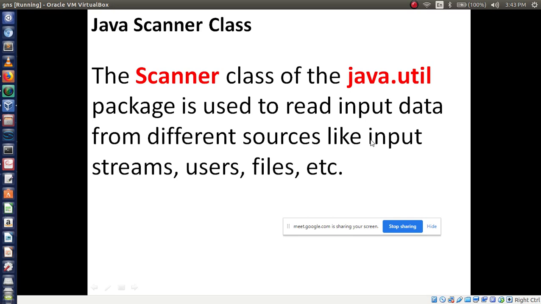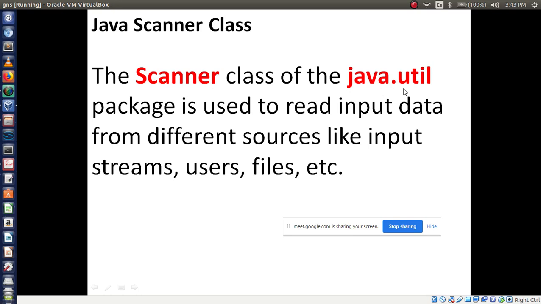Then users means I am a user. I have typed that my name is AITM, so I am a user, I have supplied the input from the keyboard. And one more concept, that is file. I can take input from different kinds of files also, right? So Scanner, remember, is a class. It belongs to which package?